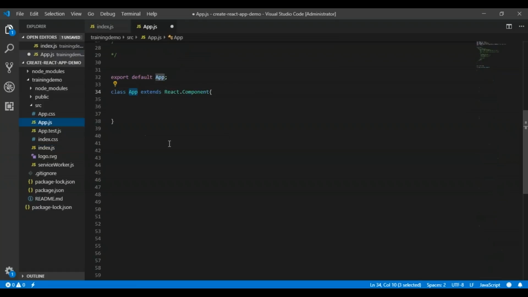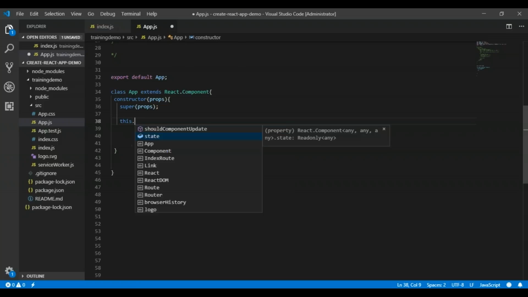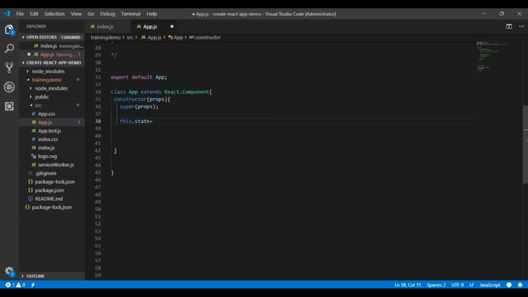And then in App.js, what I'm going to do is create a class component with the name App. So first things first, we have to create the constructor, which is passing the props. And then in the constructor, you are going to call the super keyword. This is the first and most important thing to do in the constructor. And as I mentioned, the best place to set your initial state in React.js is the constructor. Okay, so I'm going to write this.state. I'm setting the initial state over here.